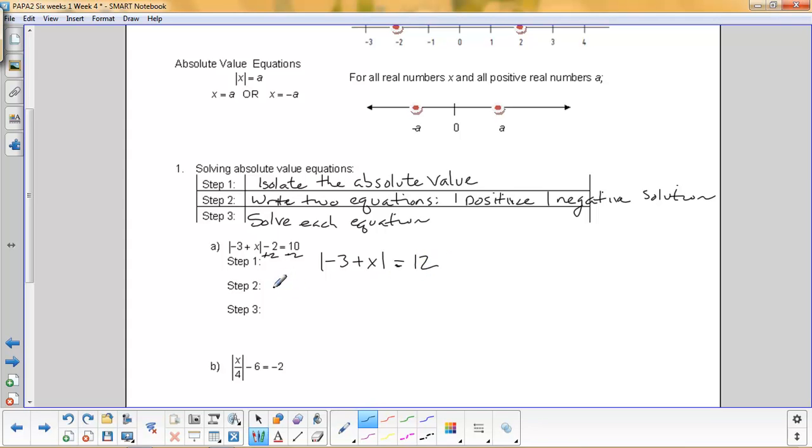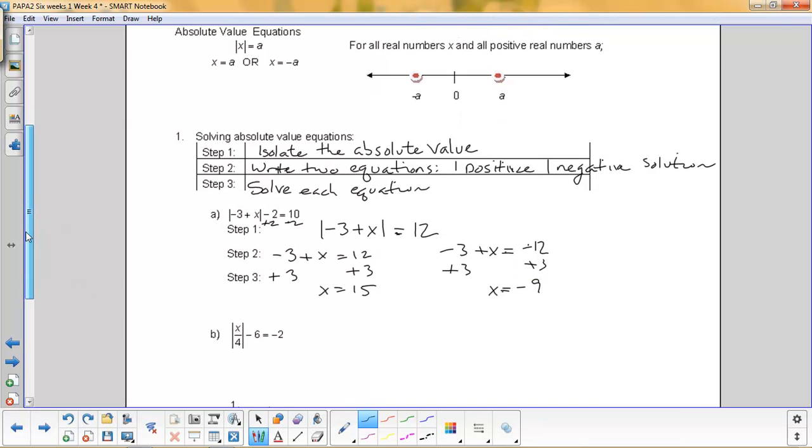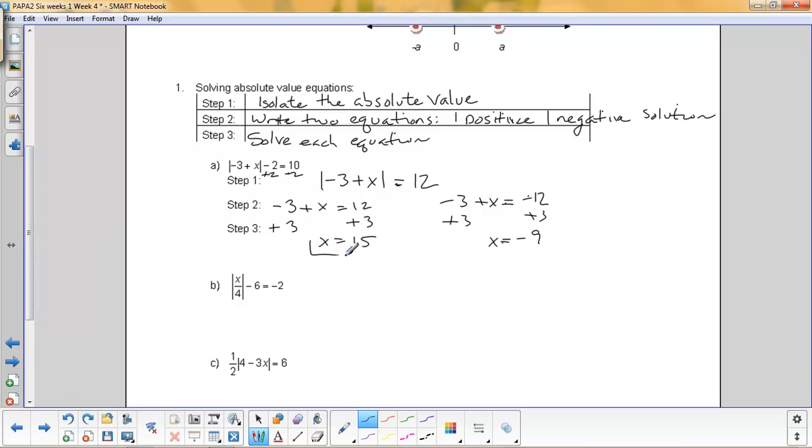Step 2 is to write 2 equations, one using positive 12 and the other using negative 12. And finally, I'll solve each separately for x. The answer x equals 15 and the answer x equals negative 9 are both solutions to the absolute value problem